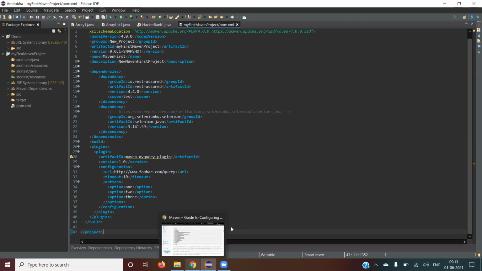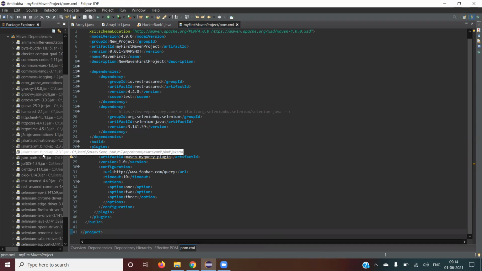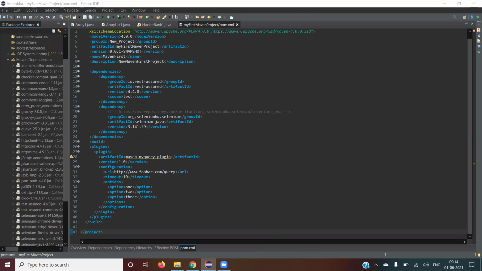So, for example, Sandeep, previously Amitabh was asking one question. I want to use io.rest assured in my another project also. So I said, when you add a dependency here, automatically that dependency will go to maven.org and it will be stored in the particular Maven dependency folder. So this is local to you. I mean, for each project it is different, right? Yes. Now in the same way, you have another project.